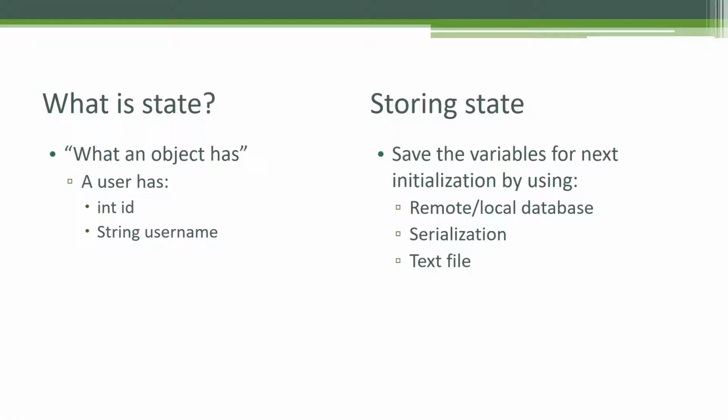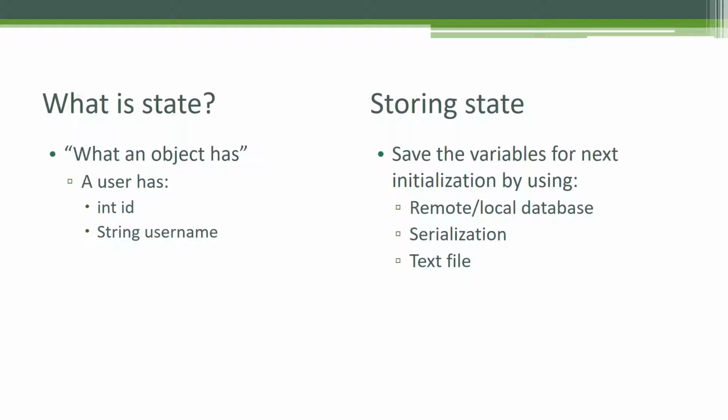So what is state? Well, state is what an object has. This means what you have in memory or what you have when you create the application. Say that you make a user, and this user has to have an ID and a username. So when they log in, they also have a password. And every time we close the application, this user disappears. He's not stored or not retrieved the next time you start your program. We can't remember what happened last time we ran the program. So state is the ability to remember what state the object was in, so what the memory values were, and